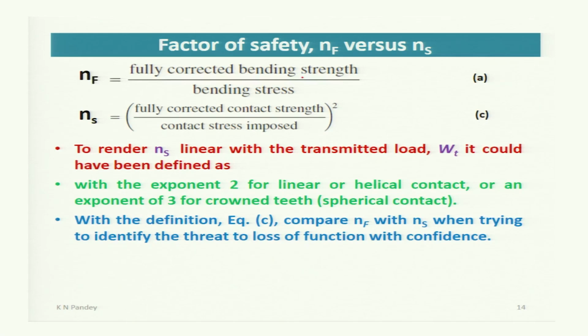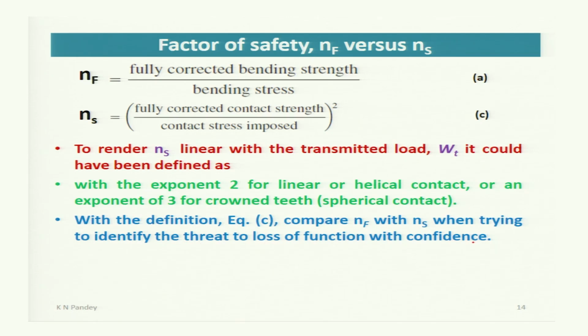So NF is this one and NS is given by equation number C, with exponent equal to 2 for linear or helical contact, or an exponent of 3 for crowned teeth or spherical contact. With the definition of equation C, compare NF with NS when trying to identify the threat of loss of function